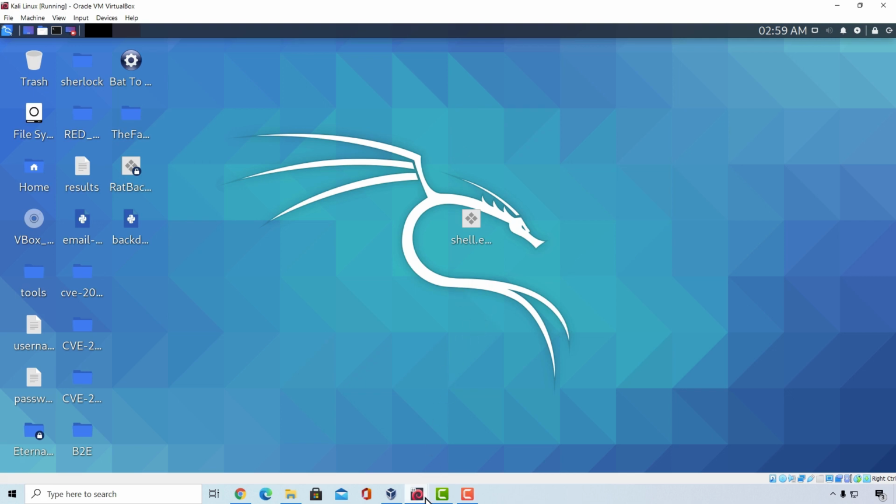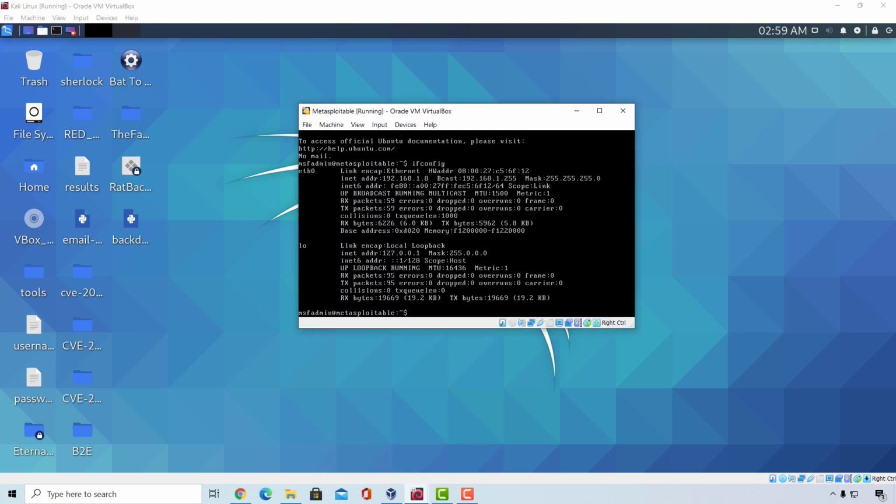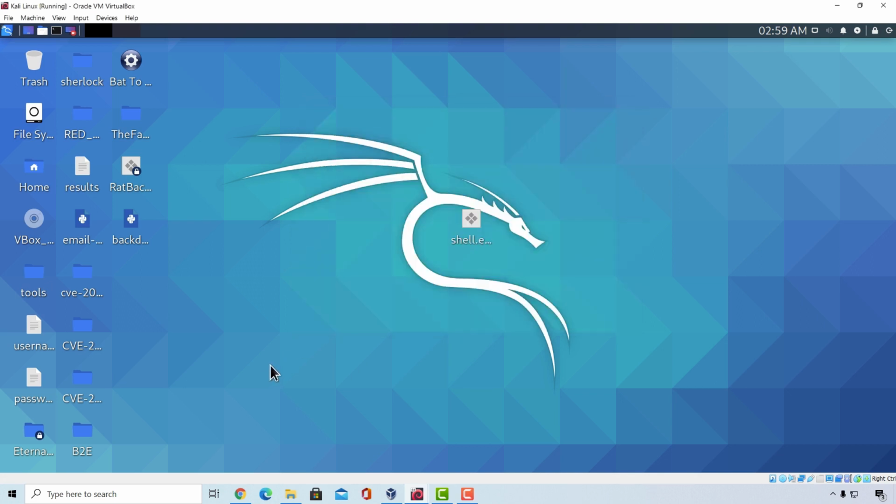So for this section, we're going to be using Metasploitable most of the time. We're going to attack some different targets, but for the start, we're attacking Metasploitable. So make sure that Metasploitable is up and running. I also ran the ifconfig command, and it gave me the IP address of 192.168.1.8. So the first thing that we can do is try to visit the web page of that IP address,